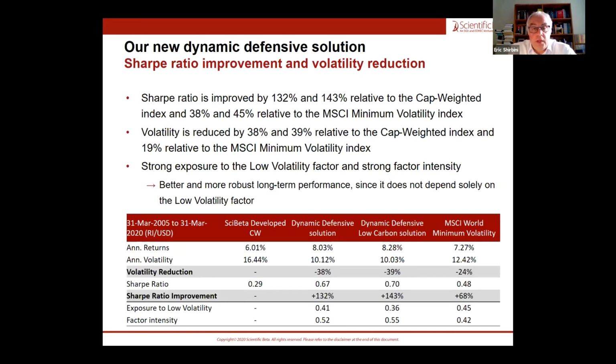Okay, so this dynamic defensive strategy has some very interesting properties. But let's now also look at the overall performance of this strategy. Well, the first thing that we observe is that on average, the volatility of this dynamic defensive strategy, whether you do low carbon or not, is lower than the volatility of a classic defensive strategy like MSCI Min Vol. It's about 2% lower, and yet it delivers